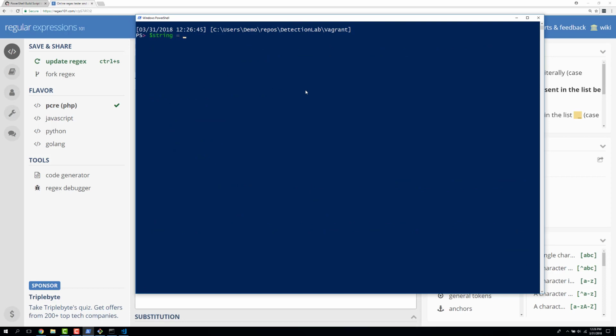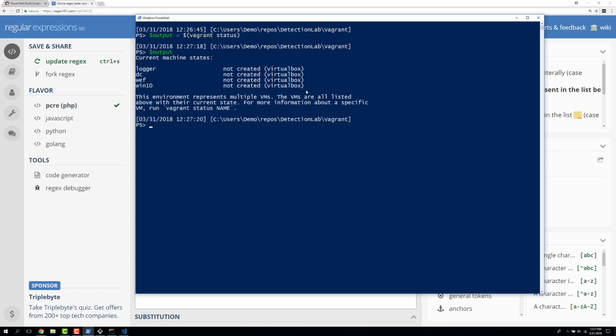So we're going to do string equals not created. Oh, you know what? Actually, here we're going to do... Do we already do vagrant status? Okay, so we're going to do output equals, and then the output from this. That way we don't have to run this over and over again, and we can just capture it once and then play with our output. So our output should be the output. Great. Now we're going to do select string,